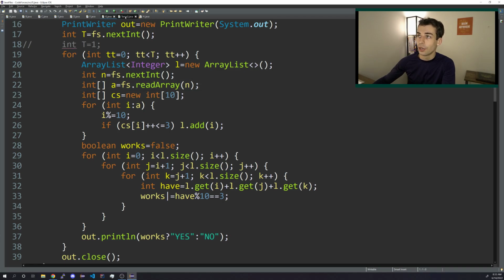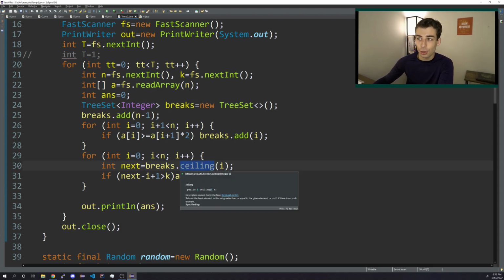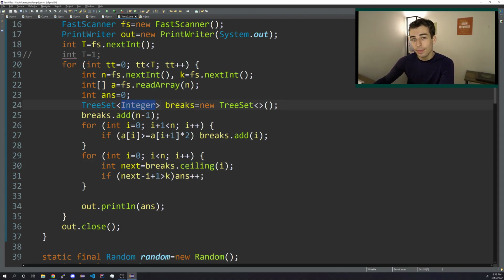So it looks like this. We have a tree set of all of the breaks, and the reason I do a tree set here is so that I can just find the next thing in the tree set. I don't have to do any binary searches. I don't have to do any 2-pointers. It's very easy. It is a little bit slower. It's a log. It's about 20 times slower than it could be otherwise, but